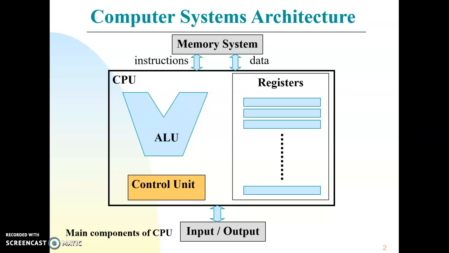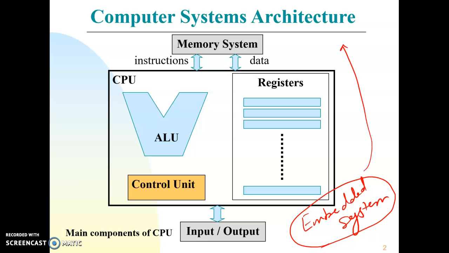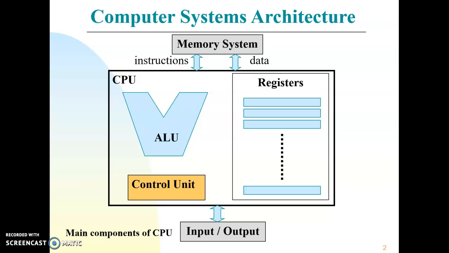So this is the first step to understand the embedded system. If you want to understand embedded system, you need to understand computer architecture in a better way, so that you can understand embedded system effectively. So here the purpose of this diagram is to make you understand the basic components which are required in order to create a computer architecture or develop a computer system.